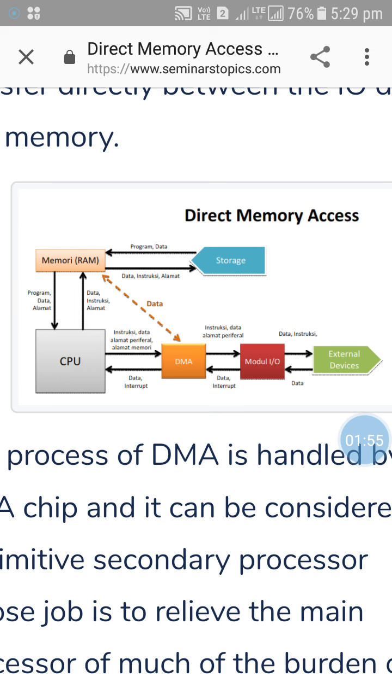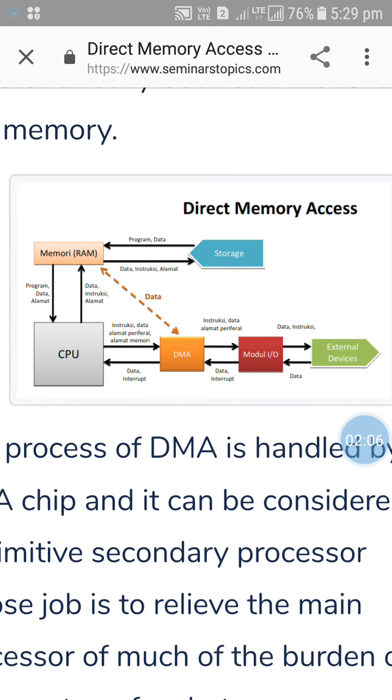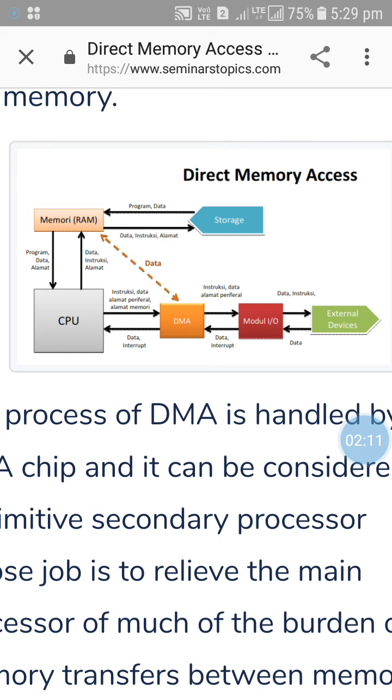If the CPU is busy doing another work, then when the CPU is free, it grants the request from the DMA and also provides the buses for data transfer and address control transfer, and provides the direct interaction from the DMA controller to the RAM. The dotted line shows that DMA controls the data transfer from IO devices to the RAM. Here the CPU is disconnected. This is the working of the DMA.